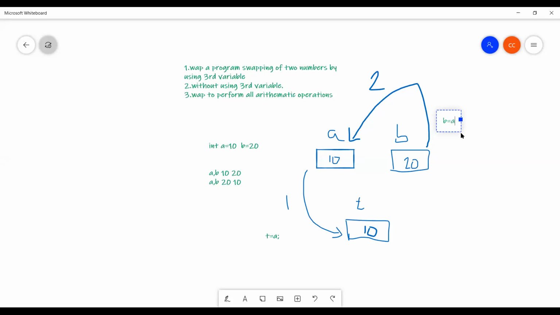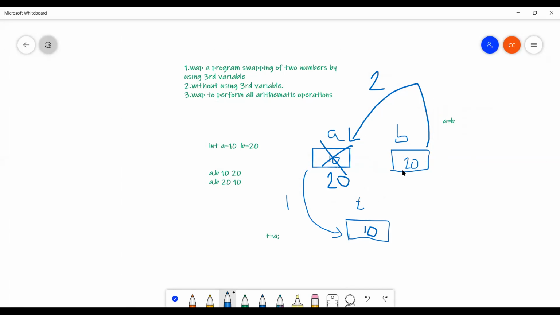So you should write a equal to b. Okay. So now b value, b is 20, that value is stored at a. That is, this value will be removed. This value is removed. Just wait. This value is removed and the value 20 is stored. Over. Okay.